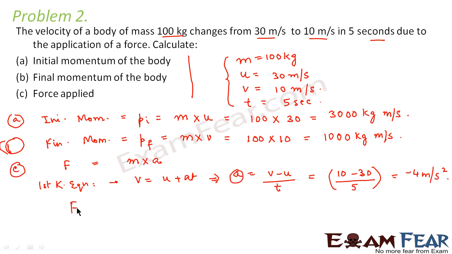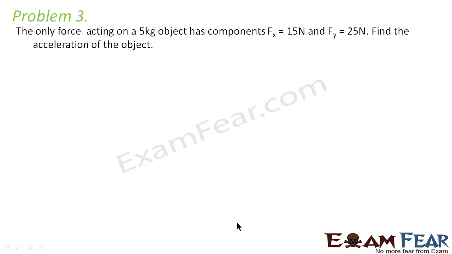Now using this, we find the value of force, that is equal to mass into acceleration. So what is the mass? Mass is 100 kgs and acceleration is equal to 4. We just ignored the sign because that will just denote the direction of force. If you want, you can just put it. That is not a problem. So this will just indicate that the force acts in the opposite direction of the movement of the body. If the body is moving in right, the force is acting on left. So the magnitude of the force comes out to be 400 newtons.